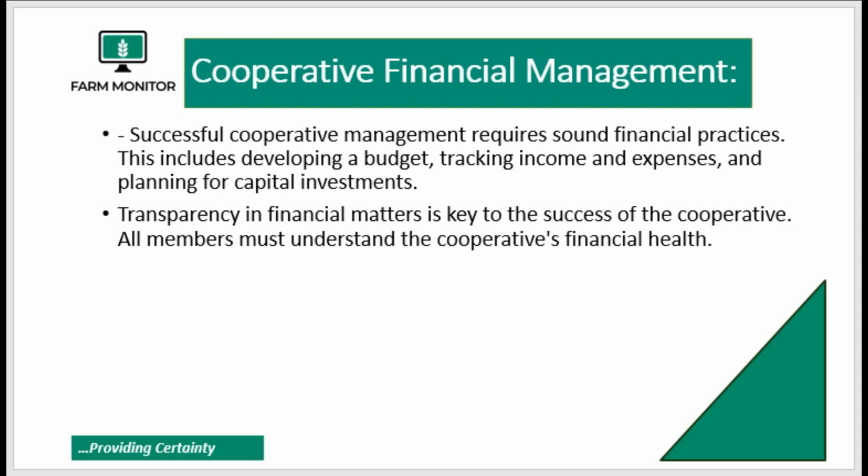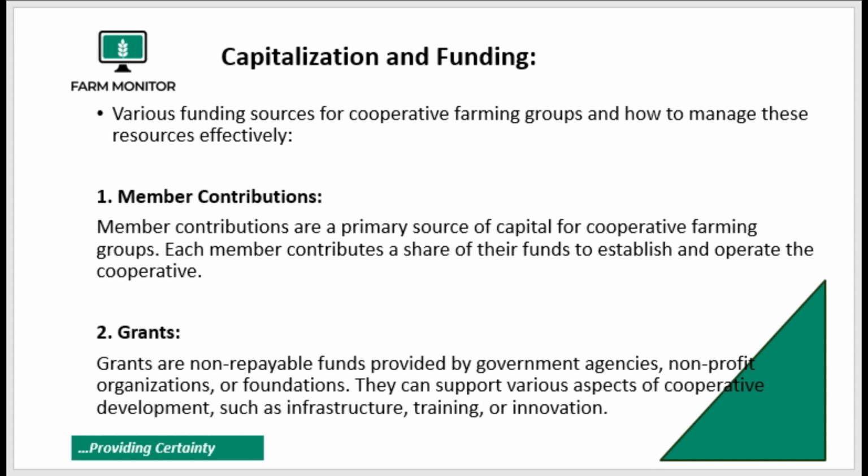Successful cooperative management requires sound financial practices. This includes developing a budget, tracking income and expenses, and making plans for capital investments. It's essential that all this is done transparently as it will determine the success or failure of the cooperative. There are various funding sources for cooperatives. Some include number one,